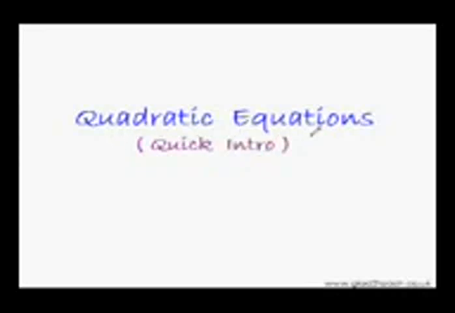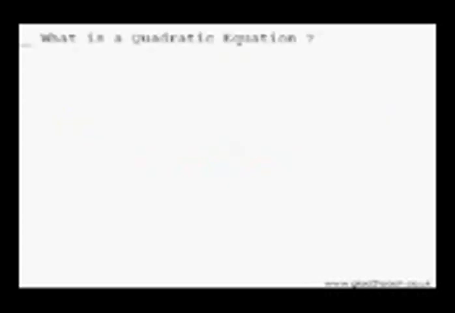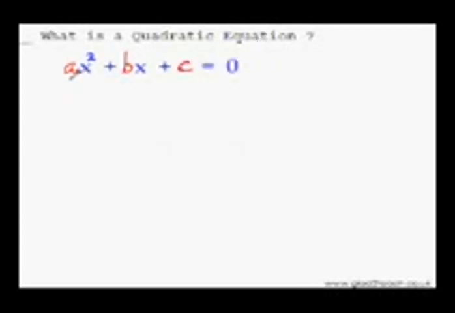To quadratic equations. That is, in the next 10 minutes, I will try to cover all the important points that you must know about quadratic equations. So here we go. My first question to you is, what is a quadratic equation? It is an equation of this type: ax squared plus bx plus c equal to 0, where a, b and c can be any number, but a should not be equal to 0.